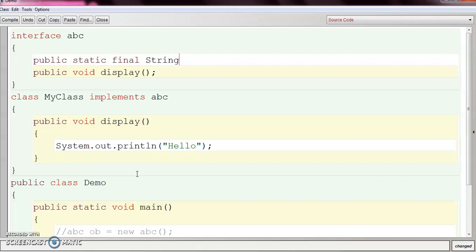Let's create a string variable and initialize it with Java. Now this field can be used inside the implementing class also. So we are gonna type just the name. So we can use the fields that are declared inside the interface.